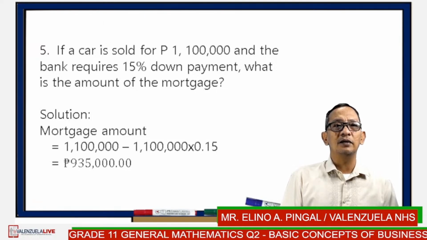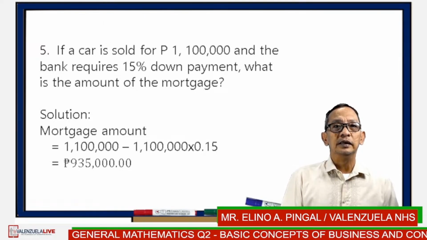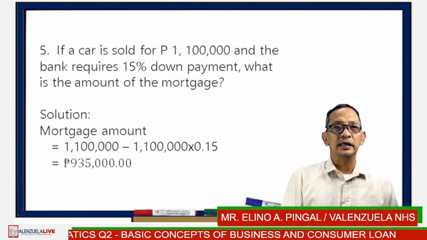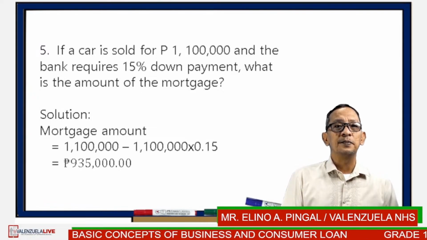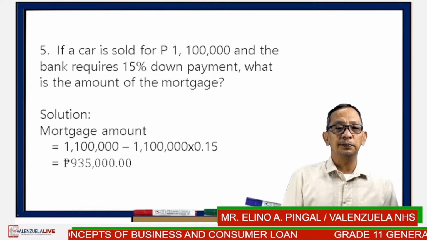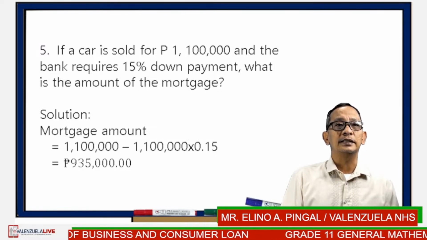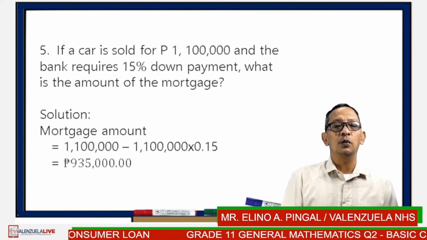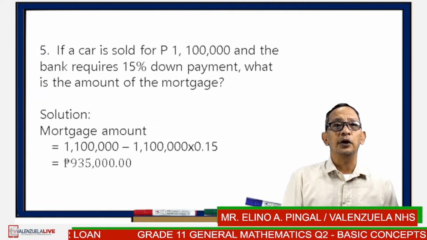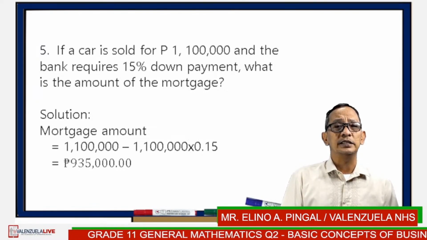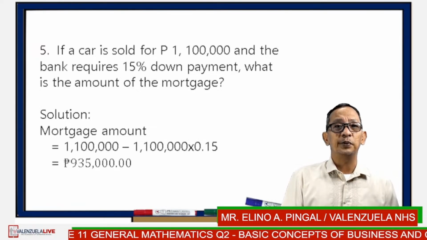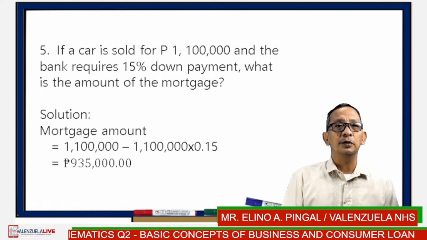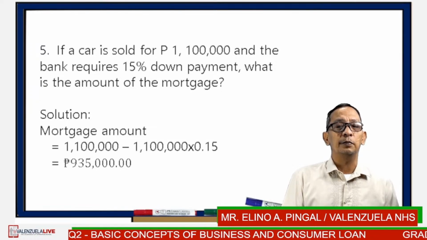The mortgage amount is equivalent to the principal amount minus the down payment. And so substituting the values, the principal amount or the purchase amount is 1,100,000 pesos minus the down payment, which is equivalent to 1,100,000 times 0.15. 0.15, by the way, is the percent of the down payment. Computing this, we have the value of the mortgage equivalent to